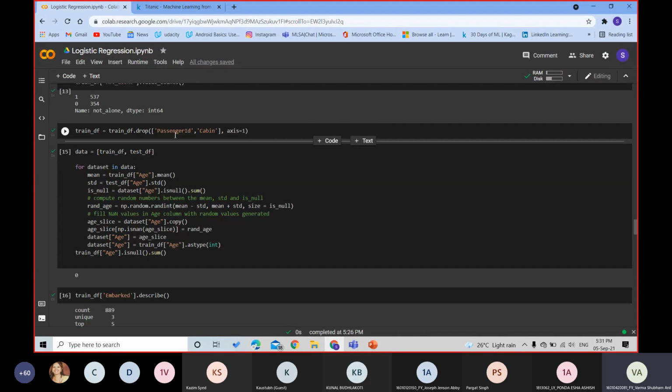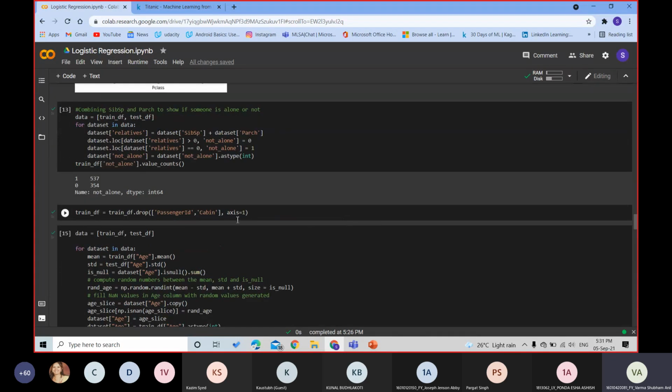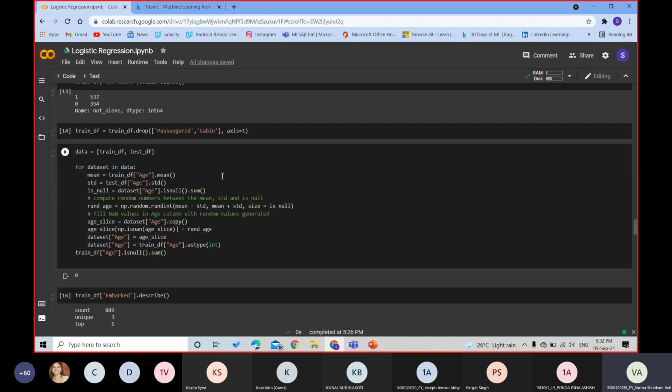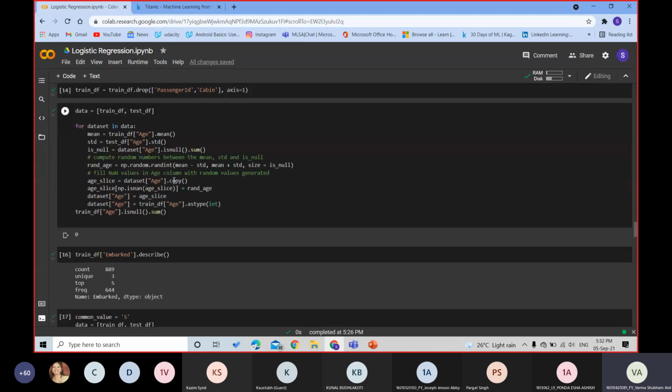Similarly, as I said above, passenger ID and cabin: as 77% of the cabin data was missing, and passenger ID, as we know, will not contribute to whether you survive or not, we have to drop this data because it will bring the accuracy of the machine learning model down. So we dropped this data and will not consider these parameters in our machine learning models. Then we saw that in age, 19% data was missing.